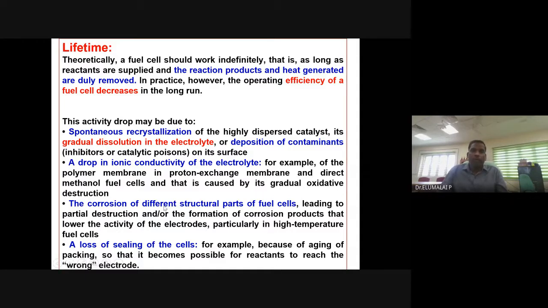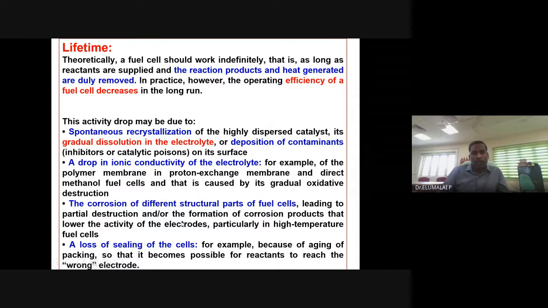So then other reasons are corrosion, because we use acid and alkali, definitely prone to corrosion. Even the most stable metal will be prone to corrosion. Corrosion not only weakens the skeleton structure, but it also leads to the loss of the active material. Very big syndrome. Fuel cell corrosion is a big syndrome, especially if it is operated at elevated temperature.